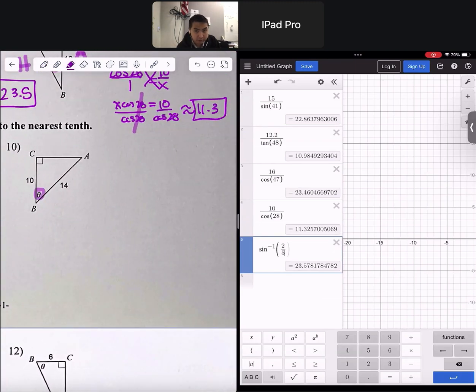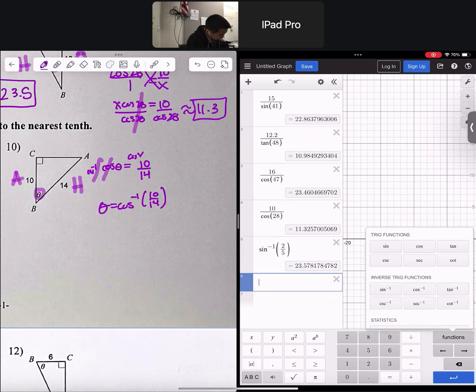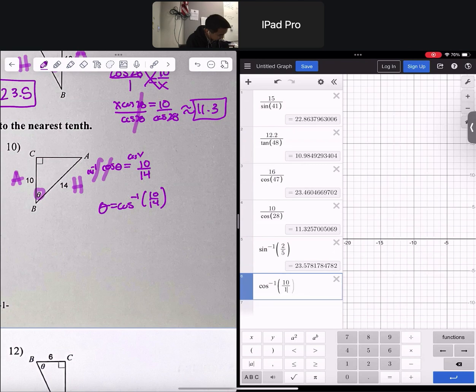We have this angle perspective, right? So 10 is the adjacent, 14 is the hypotenuse. We have to use cosine, right? So cosine is adjacent over hypotenuse. To solve for theta, we have to do cosine inverse to both sides. These cancel. So theta equals cosine inverse of 10 over 14. So we got cosine inverse of 10 over 14. And we get that, which is